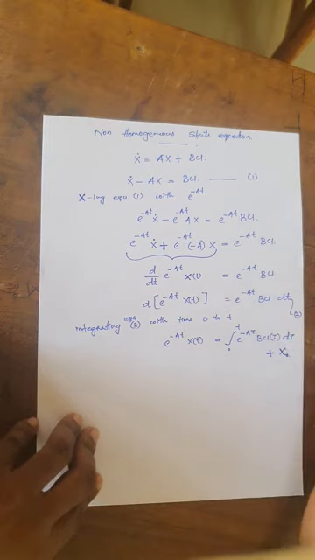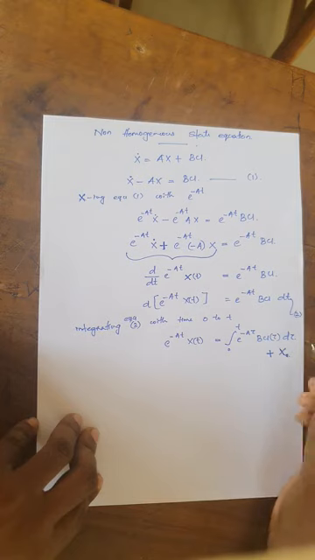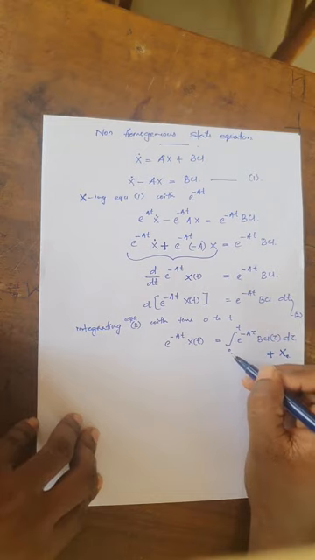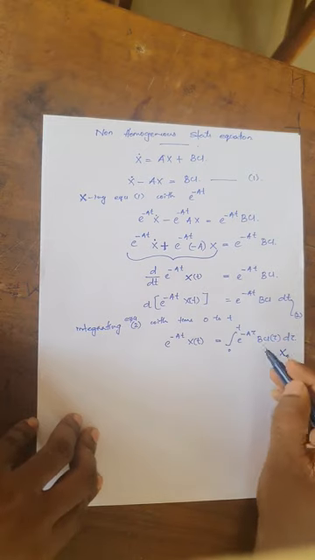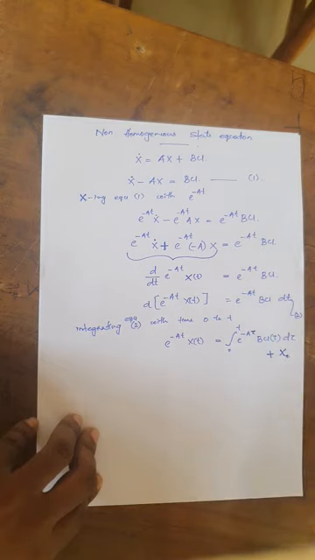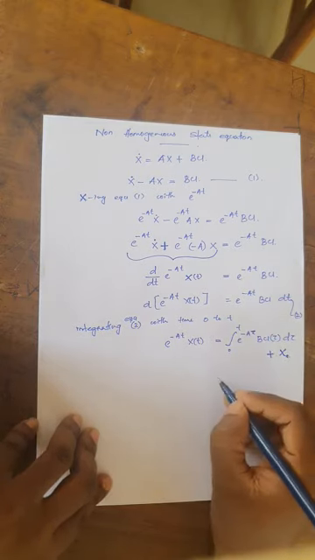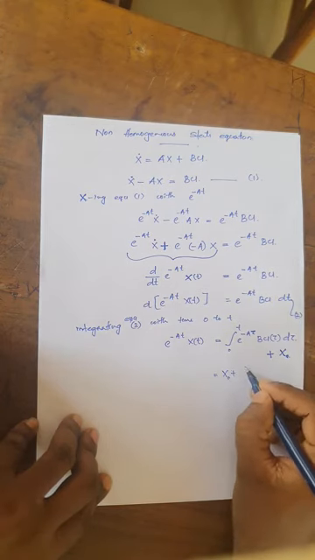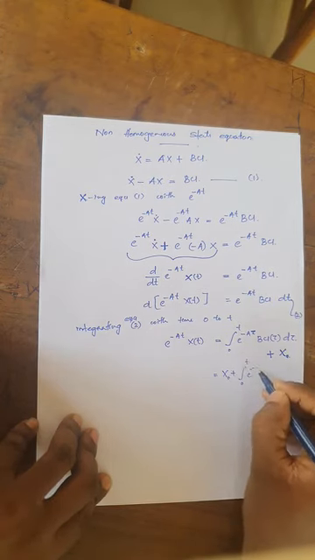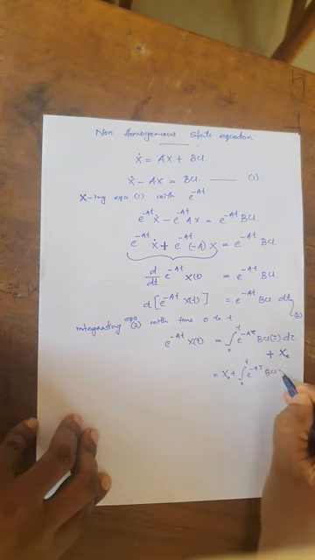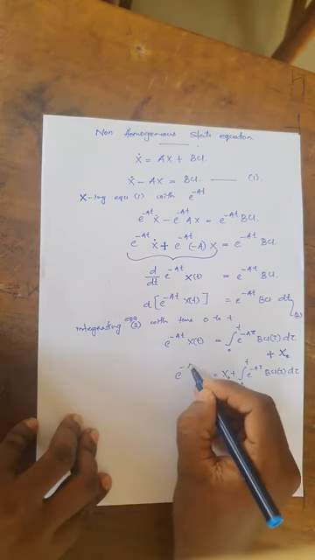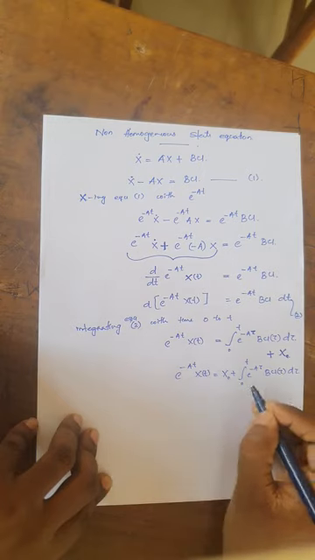This tau is just a dummy variable taken in place of t, for representing the integration. So we are applying time 0 to t, so I have taken a dummy variable tau for this integration purpose. So this equation will become x0, that is the constant term, that is the initial term, x0 plus integral 0 to t e raised to minus a tau b u of tau d tau. So this is our equation: e raised to minus a t x of t is equal to this one.